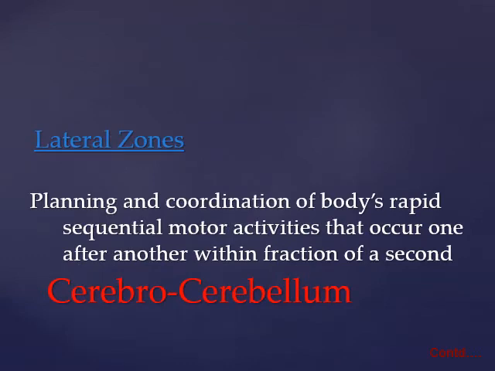The lateral zone of the cerebellum, these are the larger zones that lie lateral to the intermediate zone. It virtually receives all of its input from the cerebral motor cortex and the adjacent premotor and sensory motor cortex, and it transmits its output signals in an upward direction back to the brain, functioning in a feedback manner. So it provides basically a motor imagery of the movements that are to be performed, coordinating between the cortex and the cerebellum.